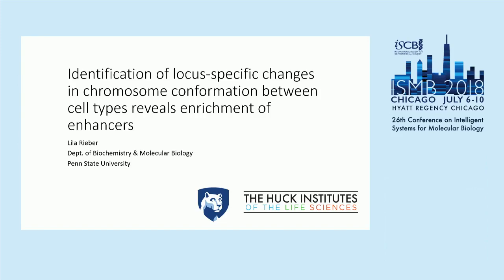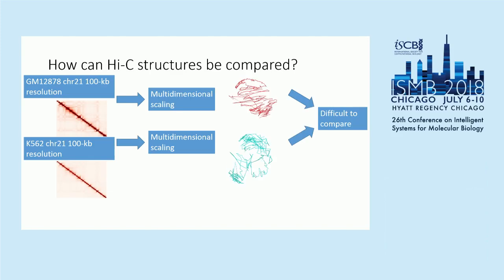From the perspective of 3D structures. So Dr. Yue gave a good introduction to Hi-C data. Hi-C data is typically represented in the form of contact matrices. However, these can be embedded using dimensionality reduction techniques such as multidimensional scaling. They can be embedded in 3 dimensions to give structures representing the ensemble average of the population of 3D chromosomal